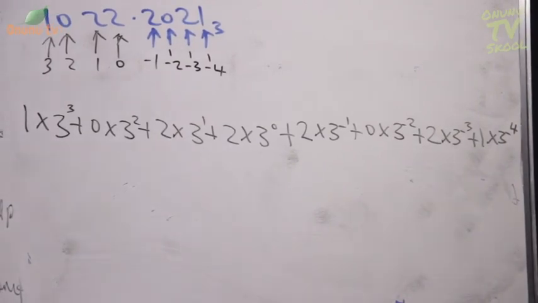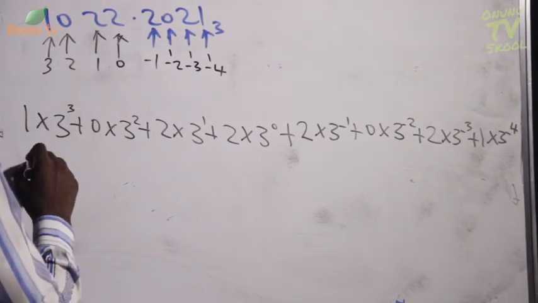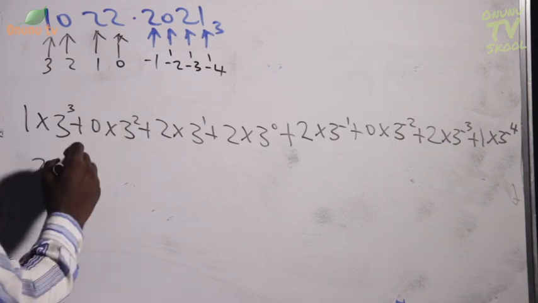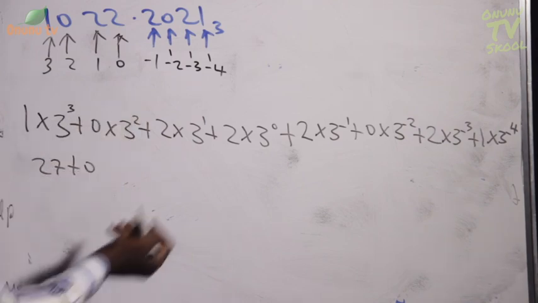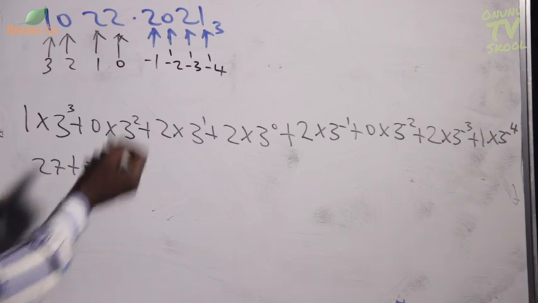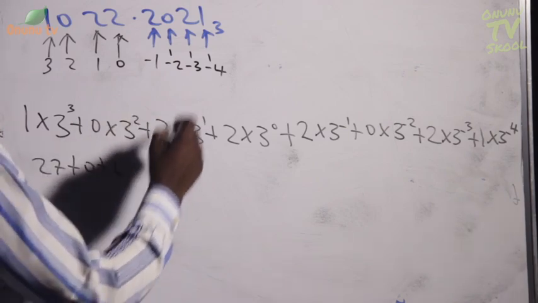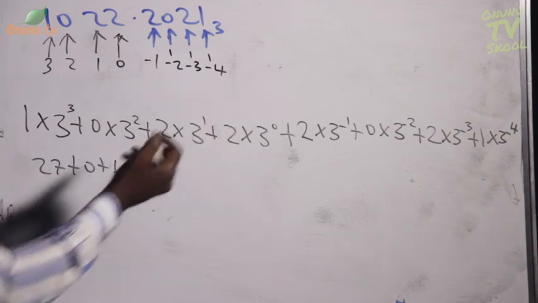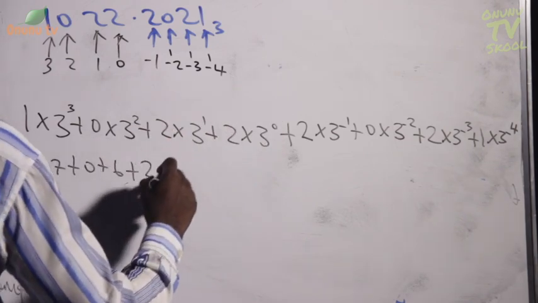Now we have 3 raised to the power 3 is 27 here. 3 raised to the power 2 is 9, times 0 is 0, plus 0. Now, 3 raised to the power 1 is 3, times 2 is 6, plus 6. 3 raised to the power 0 is 1, times 2 is 2. Plus